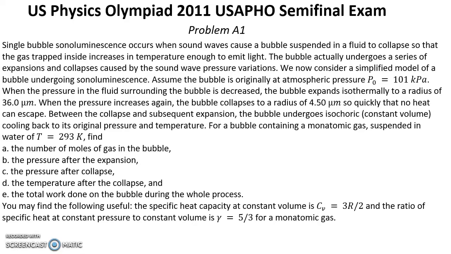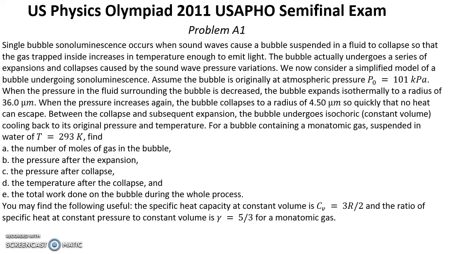When the pressure increases again, the bubble collapses to a radius of 4.5 microns, so quickly that no heat can escape. Between the collapse and the subsequent expansion, the bubble undergoes isochoric (constant volume) cooling back to its original